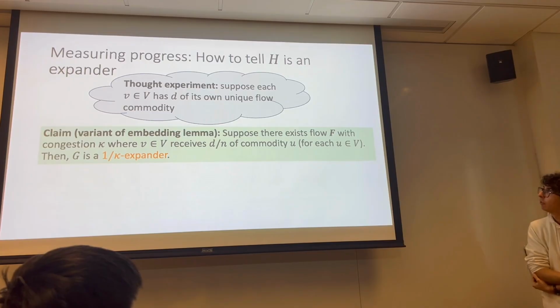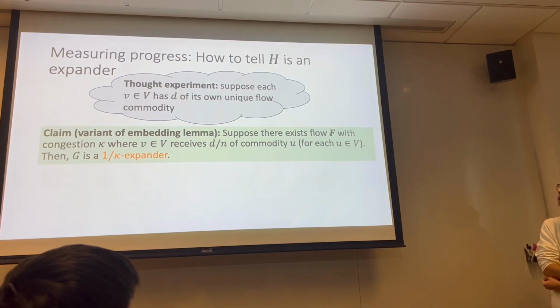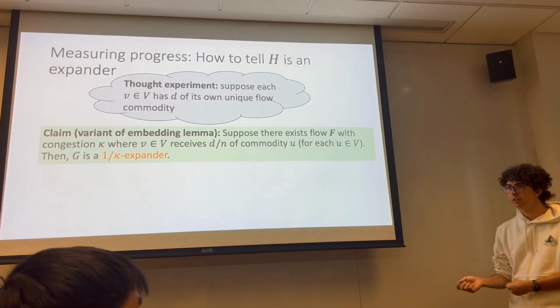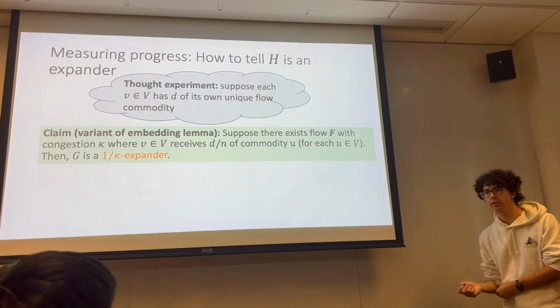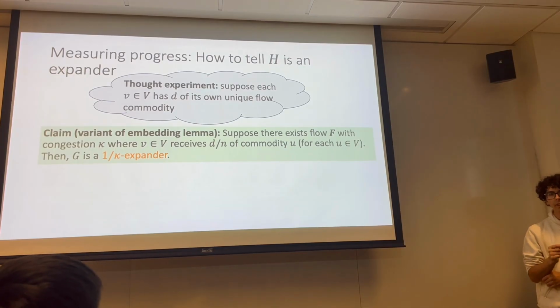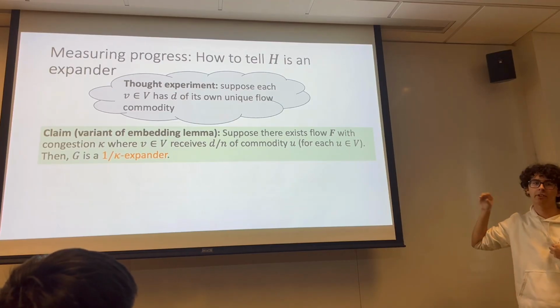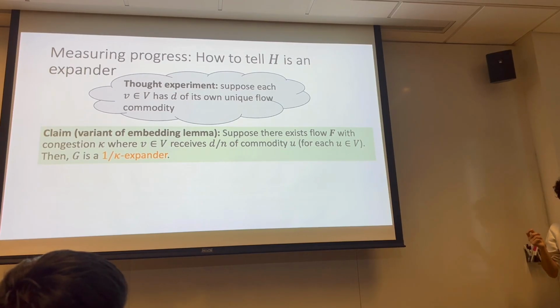embedding lemma I stated before. Suppose there's a multi-commodity flow with total congestion kappa, where every vertex receives d over n units of the commodities of every other vertex, including itself. If you can do that, then you actually certify that the graph is a 1/kappa expander. So the point is,